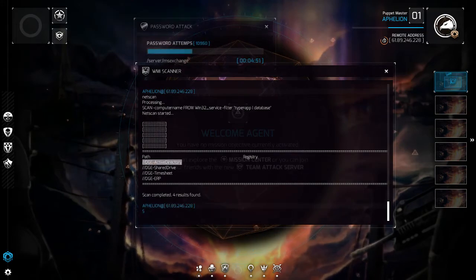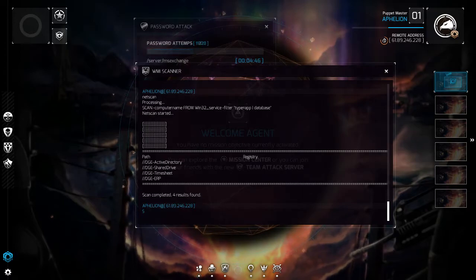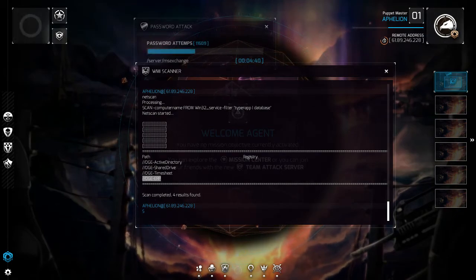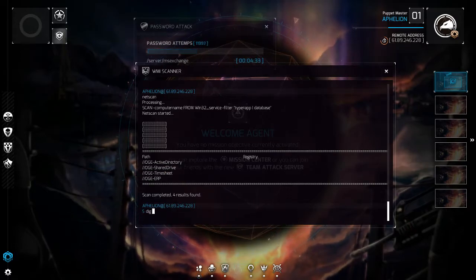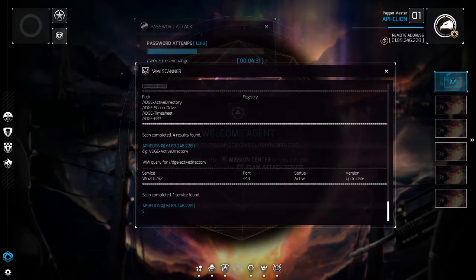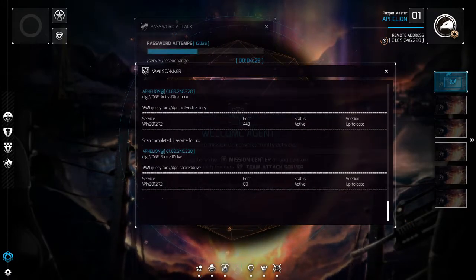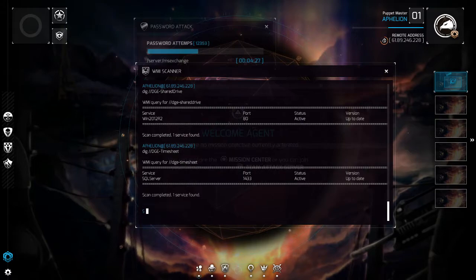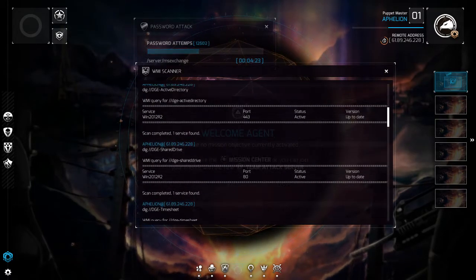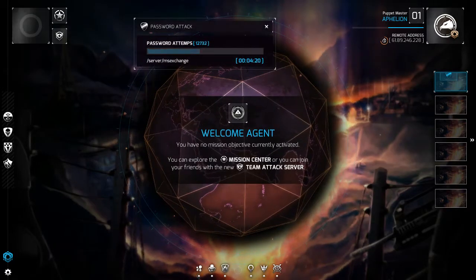So because of that, we were able to find the digital export. Let's see here: the Active Directory, the shared drive, their timesheets, ERP, which I forget what it stands for, but it's there. It's something. That's true. Well, they're still secure. You won't be able to connect to the VPN using these, but maybe if we do